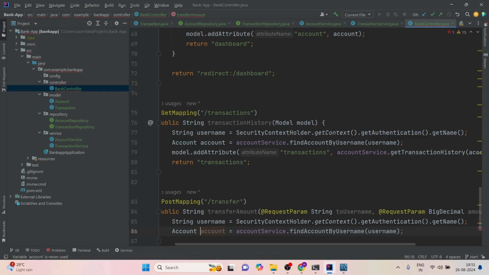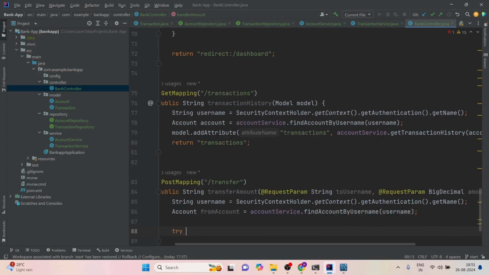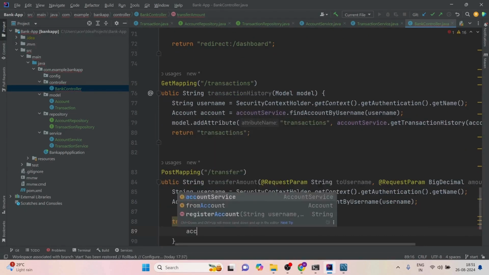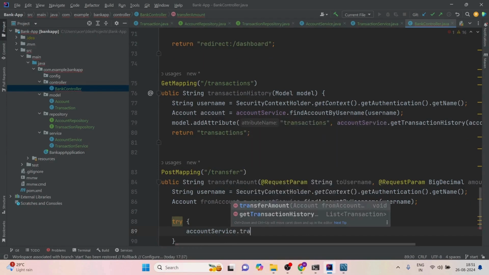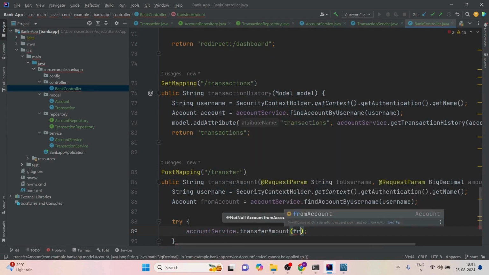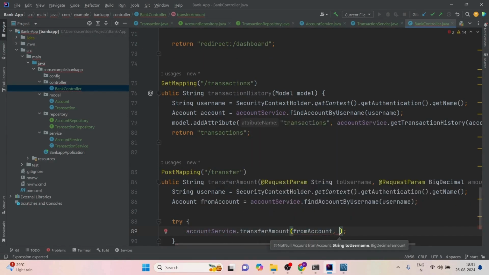Let's change this to fromAccount, and then create a try catch block: accountService.transferAmount fromAccount, comma, toUsername, comma, amount,